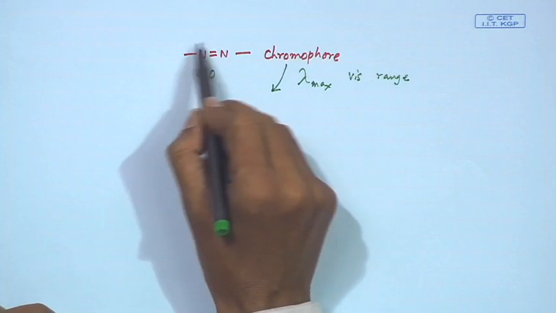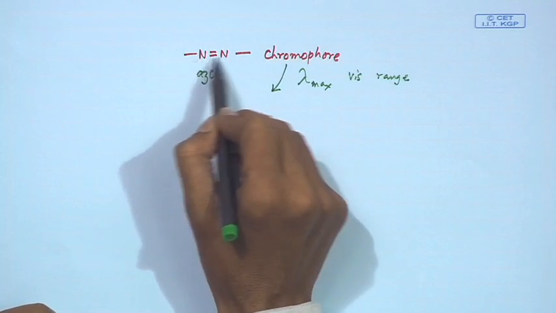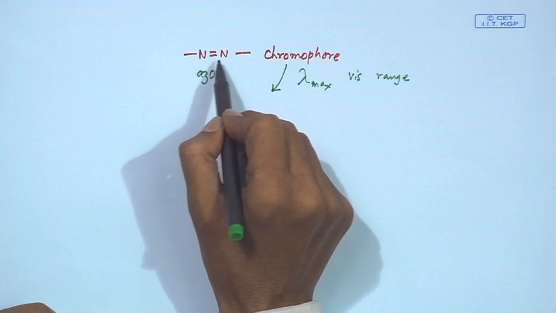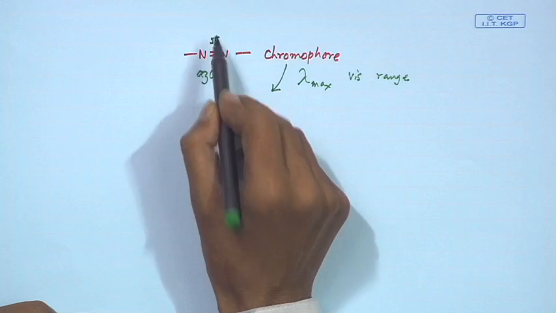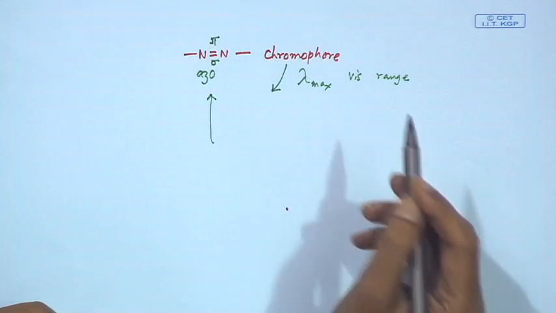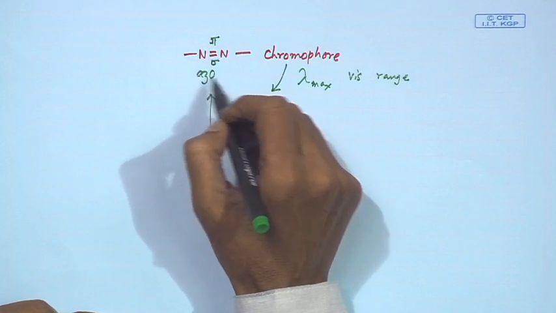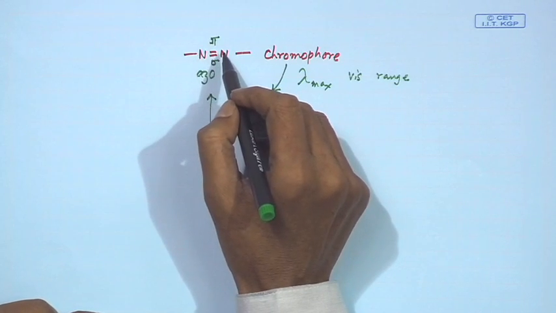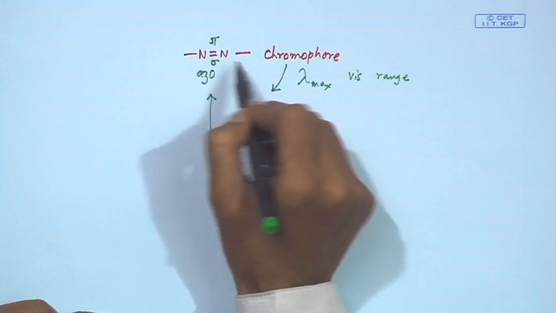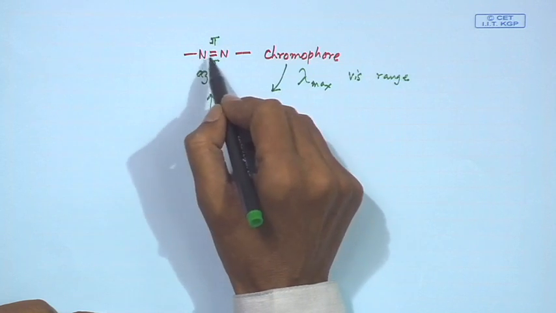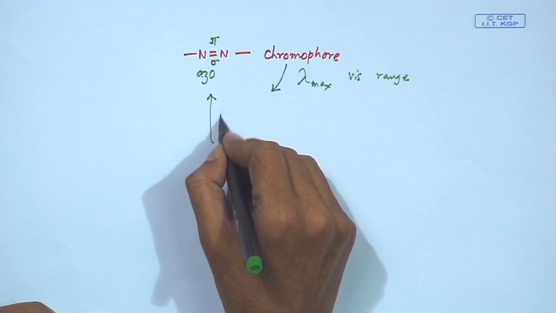Why azo is so important is that we are looking for something where nitrogen is bonded by a multiple bond, that means one sigma bond and another pi bond. The electronic energy absorbed can change the orientation of these electronic distributions. When a bond is forming, the sigma orbitals have some electrons and then a pi bond is also there. But if we have some electronic transition,